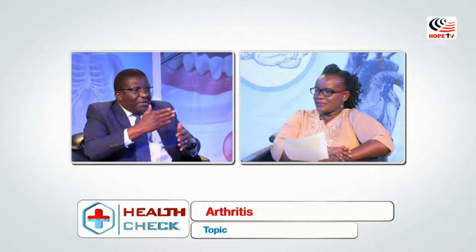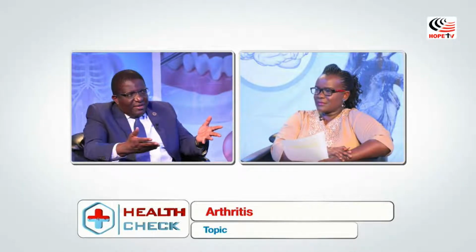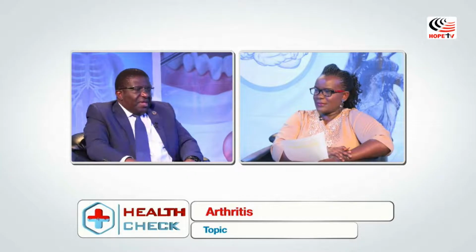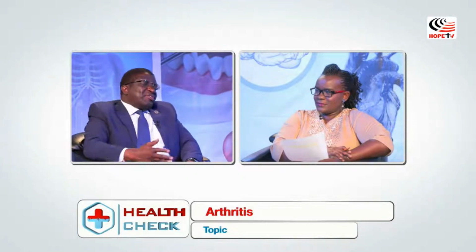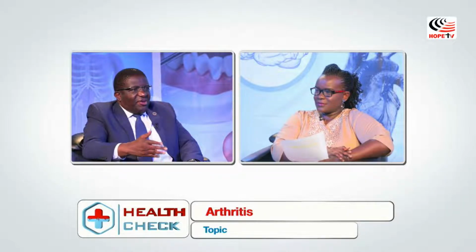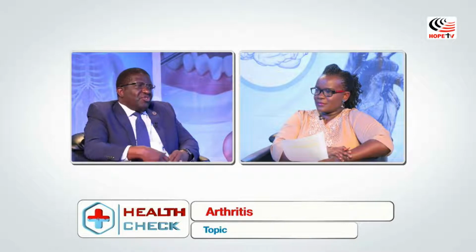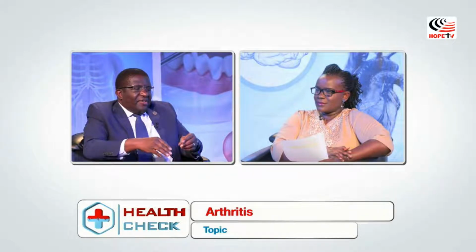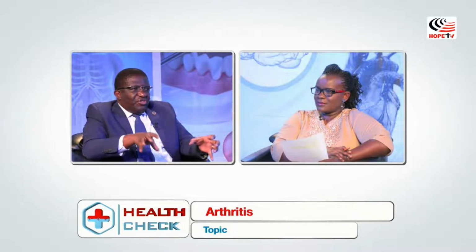And then you look at the patterns of the arthritis, and then you decide. You do some tests. Yes. For example, if you get rheumatoid arthritis, it is going to be a young person in the second or third decade of life, and it's going to be symmetrical, and it affects both the joints. And therefore,